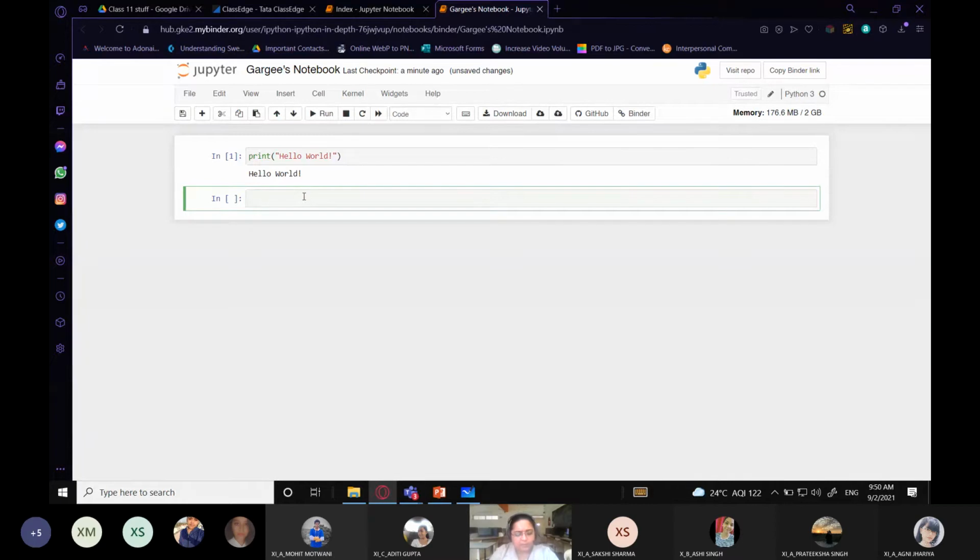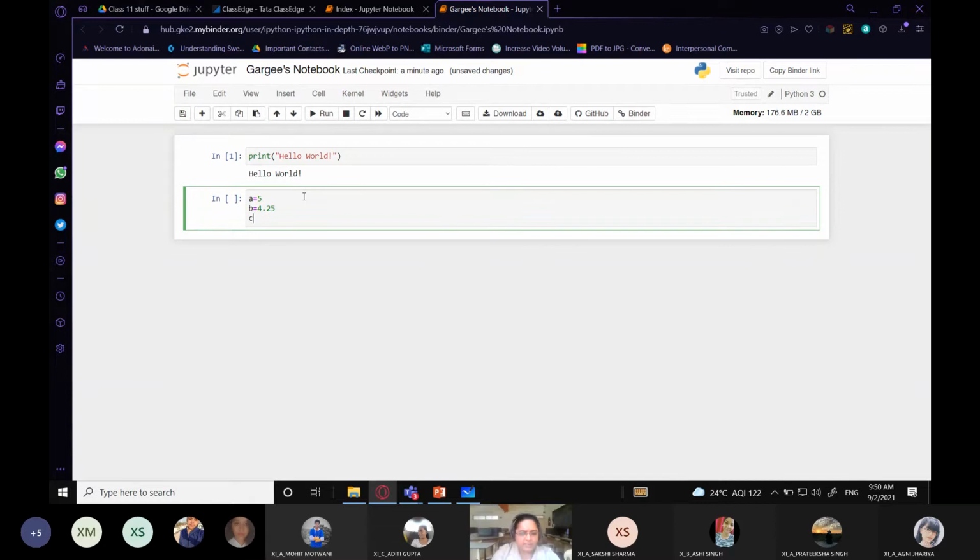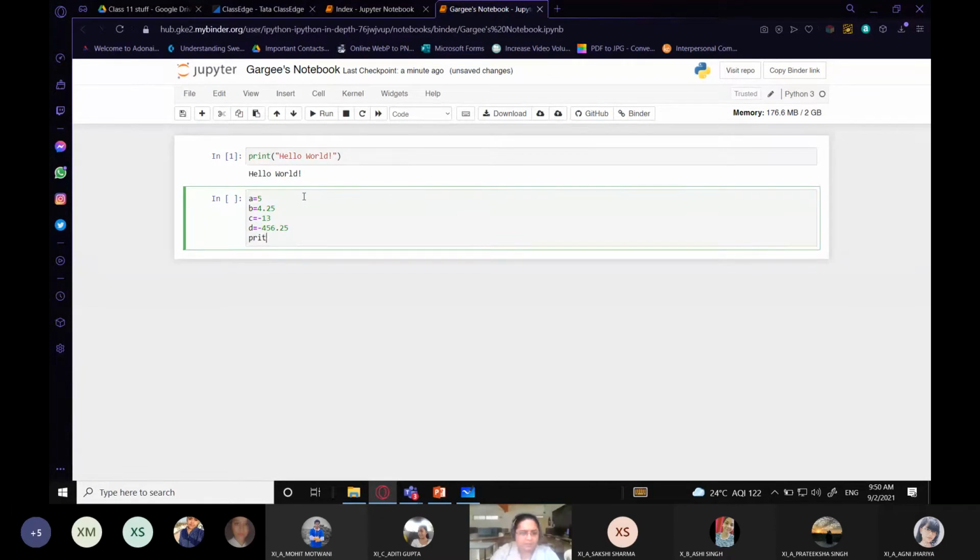For example, I want to write a equals 5, then b equals 4.25, and I'm writing c equals minus 13, and I'm writing d equals 456.25, and also I use a negative number over here, and press enter, and now I'm going to print their values.